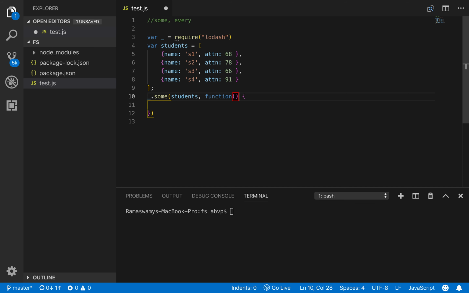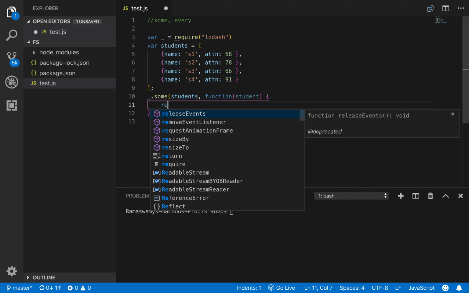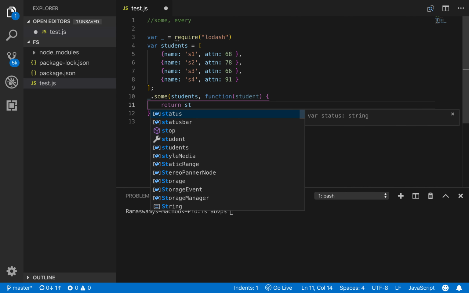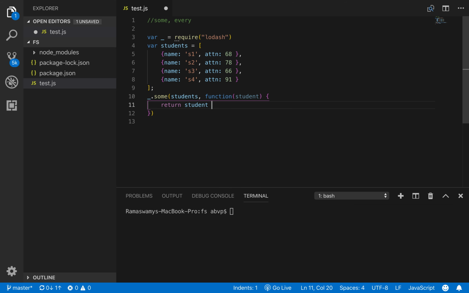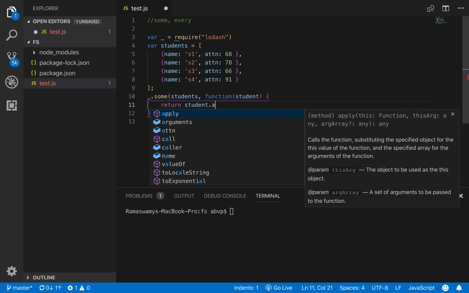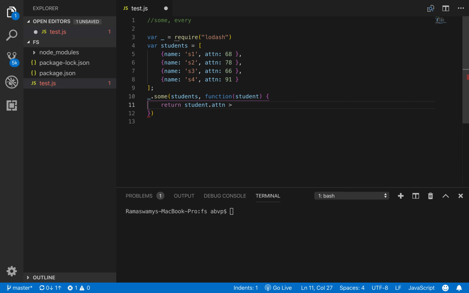So function, let us return something. So let us return the students having attendance greater than 65. So let this function take in an argument. Let us call it student, and within the function let us do a return student.attendance greater than 65.